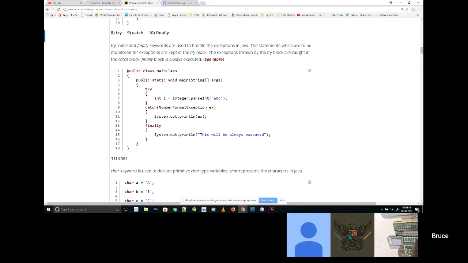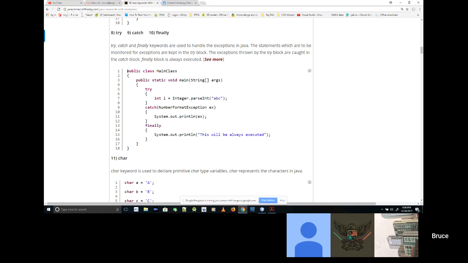Okay, so what it's trying to do is convert the string ABC into an integer value. How successful is this going to be? Not very successful. If the string was like 503, it could take the string 503 and convert it to the integer 503. But in this case, it's not going to know what to do with the string ABC, because it does not parse very well as an integer.